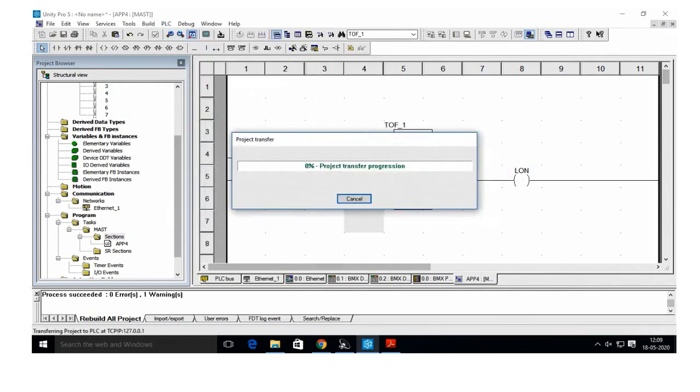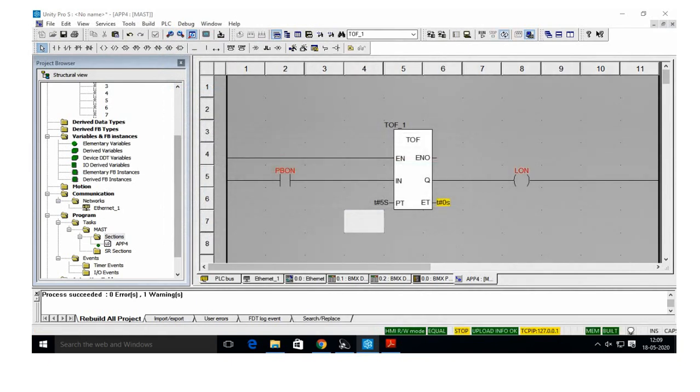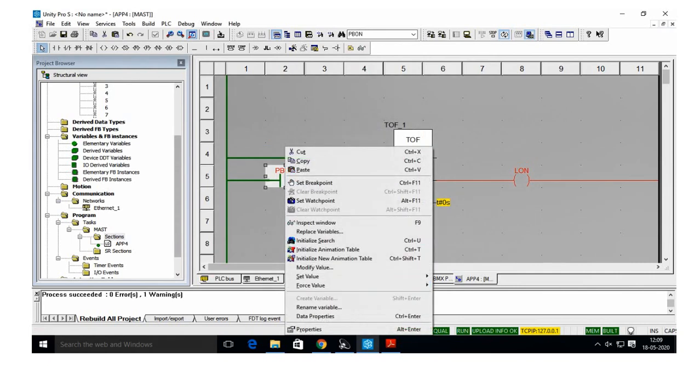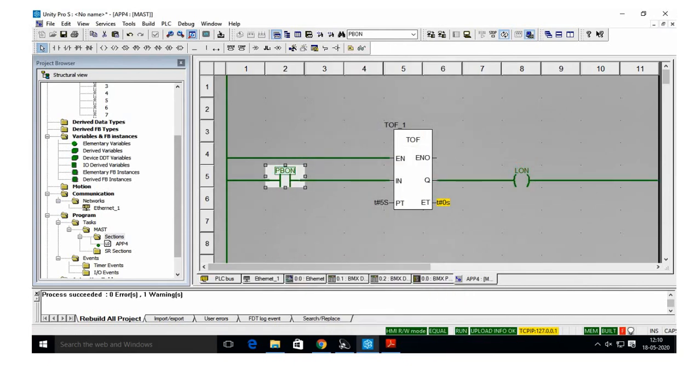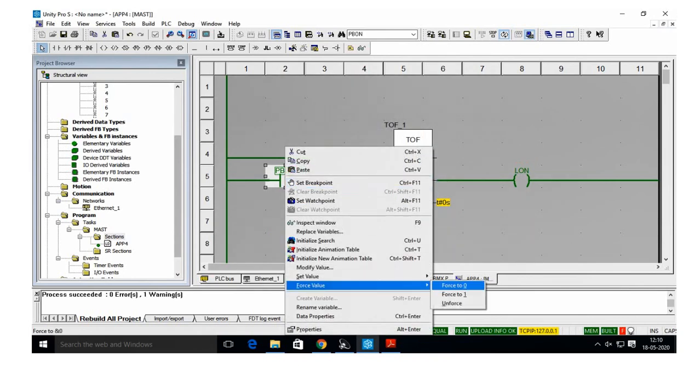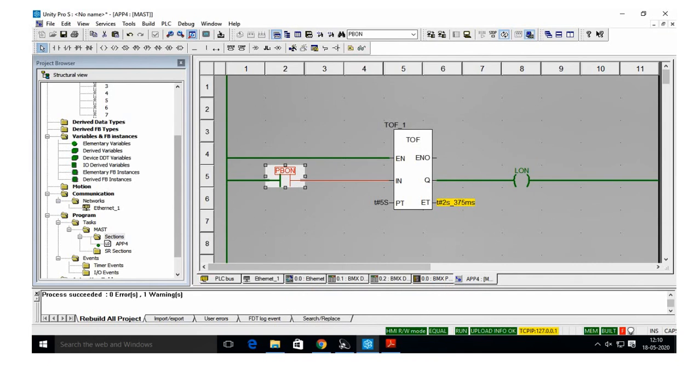Transfer your project to the PLC. After transferring, run your project. Now if you activate the force, setting the value to 1, the lamp is switched on, and when you release it by forcing the value to 0, the timer starts counting. After 5 seconds the lamp coil switches off. Now it's turned off. This is the off delay timer. Test your application for validation later.